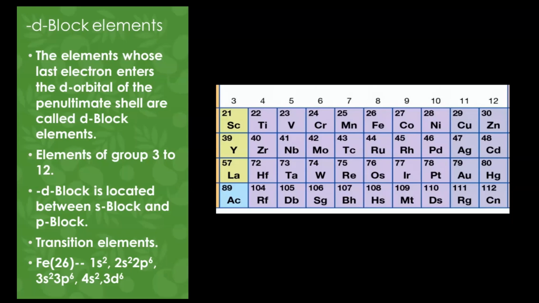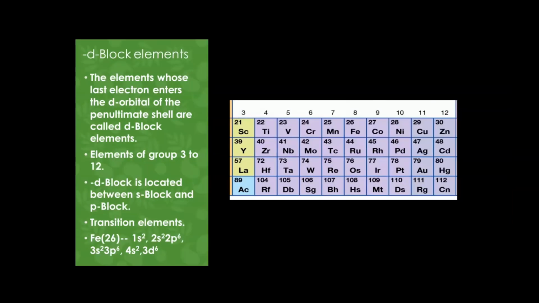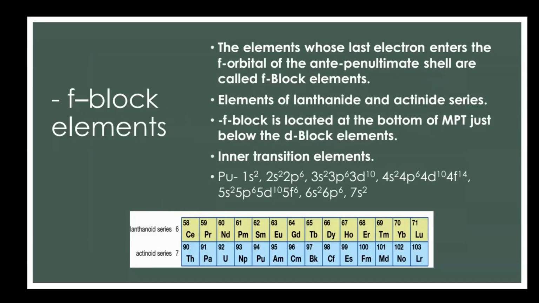So this lies between s block and p block. So these are also transition elements. And यसको लास्ट इलेक्ट्रोन कहाँ फिल हुन्छ त भने d subshell अथवा d orbital मा. Lastly जाउँ हामी f block मा. So f block elements